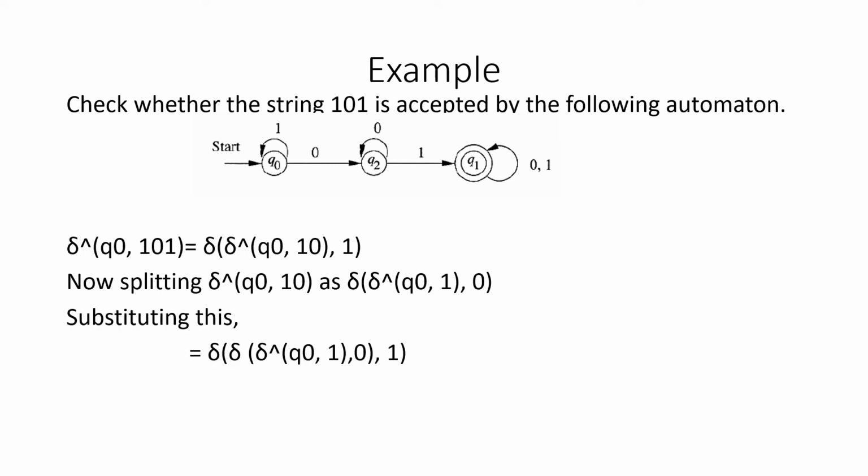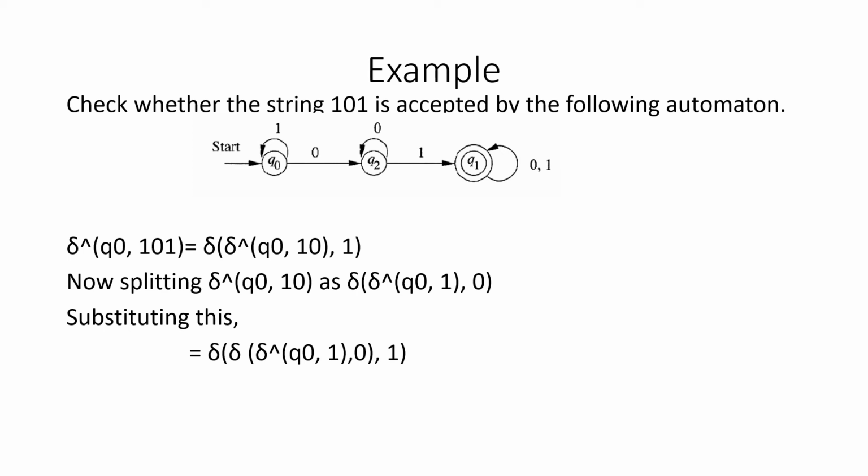So we substitute. So I have not done anything. This time I expanded this 101. I have taken this 1 out. The remaining 10 is treated as a string. Now again I will repeat the process. Among 10 I am taking zeros out, and here in the string only the symbol 1 remains as such, right? So now just substituting, instead of 10 I am substituting whatever I have expanded here. I will get a string like this.